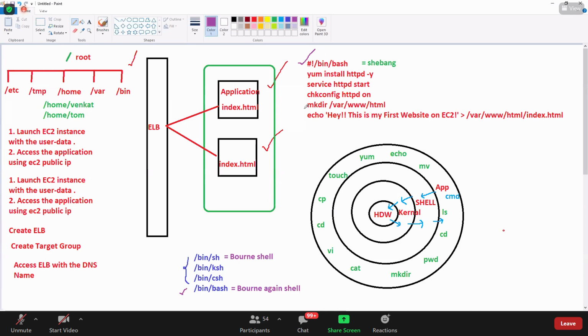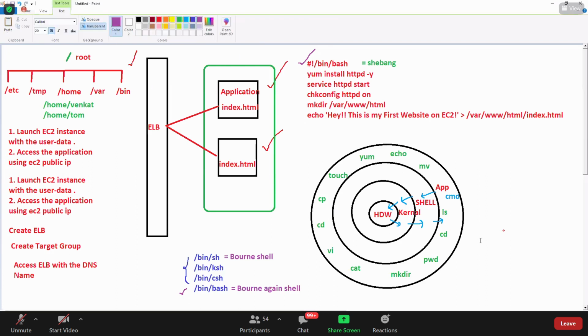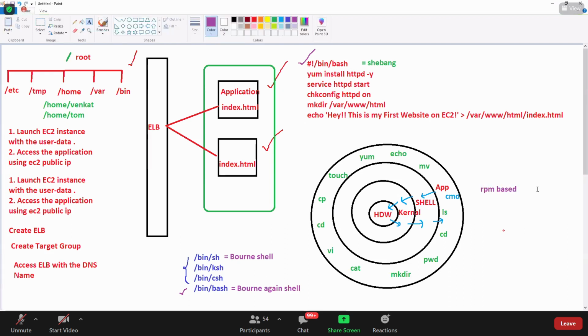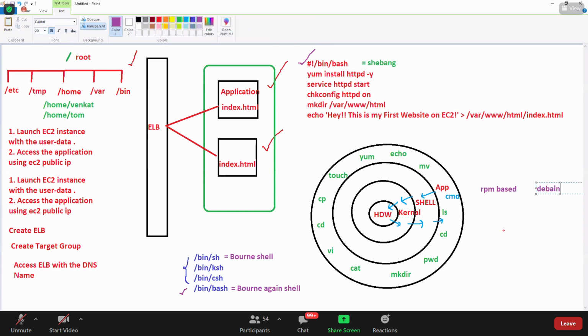So now the next command is yum. Guys, what is this yum? Do you know that you're slowly taking me into the Linux concepts? We have something called two bases. Already I told you, RPM based and Ubuntu based, Debian based, right?